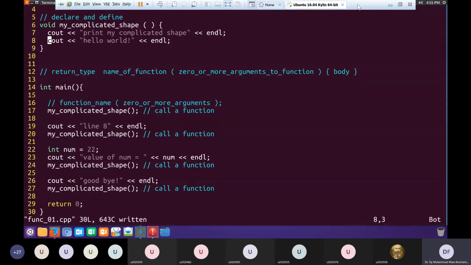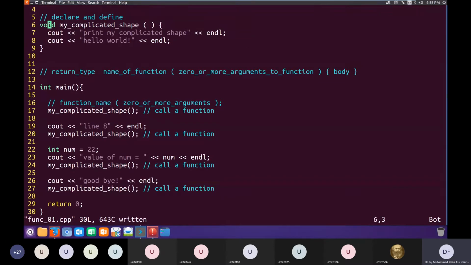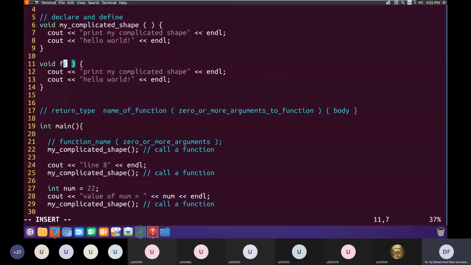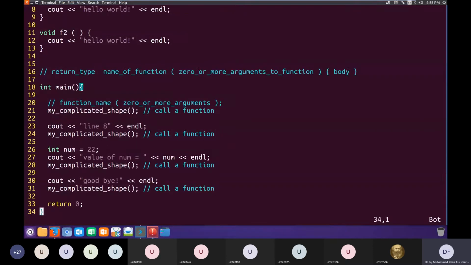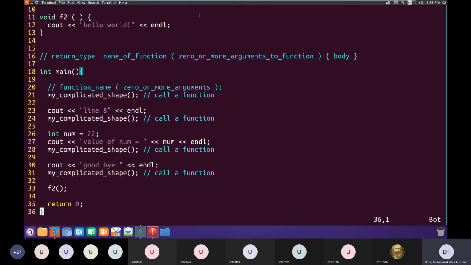Then you make another function in which you put only line number 15. Let's say you make a second function. We call it F2, and now it will print hello world whenever it executes line number 33.